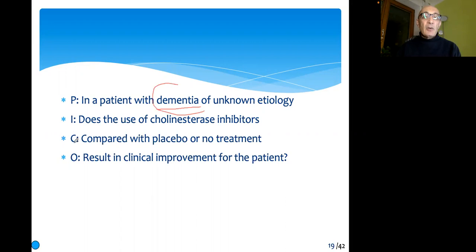Then the intervention and comparison, you must be comparing at least 2 conditions. It may be more than 2. Here you have cholinesterase inhibitors compared with placebo or no treatment. This is the same, placebo or no treatment. So 2 comparisons, 2 groups. You could switch these groups. That would not make much difference. You could have, instead of a negative treatment, an active treatment, a positive comparison group. Then it would not make any change if, instead of intervention, you mention that cholinesterase inhibitors are the comparison